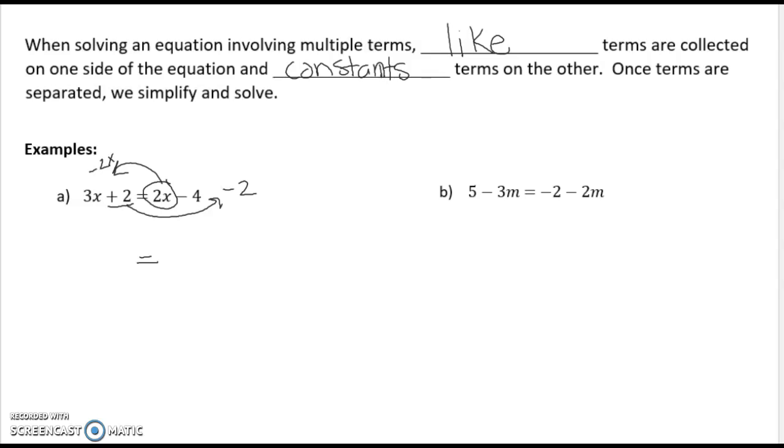Okay, so on this side, I'm going to have 3x minus 2x, because I brought that over. And then over here, I have my negative 4, and then that 2 came over and it turned into a negative 2. So now we're going to simplify. 3x, take away 2x, leaves me with 1x. And negative 4 minus 2 gives me